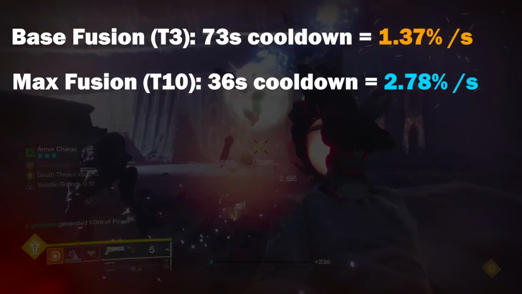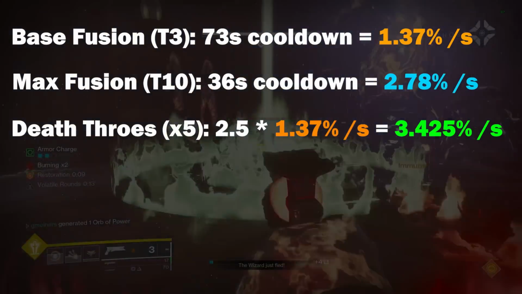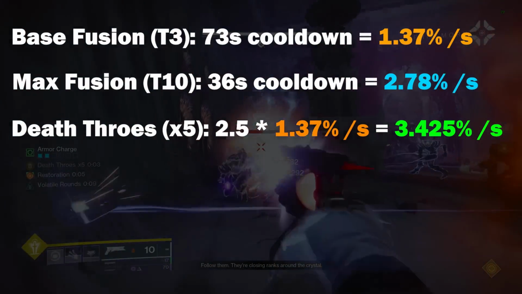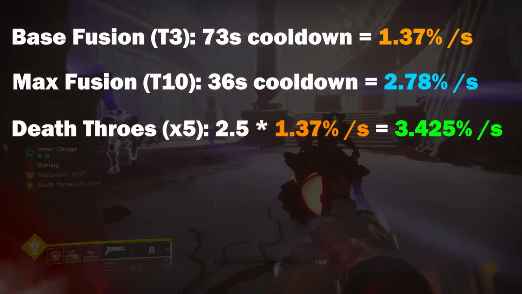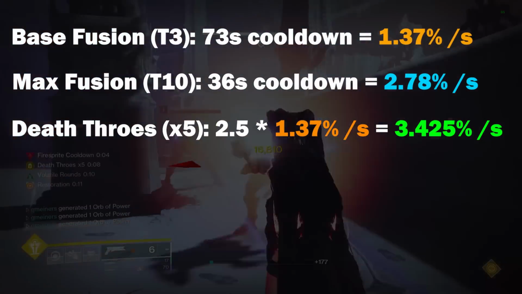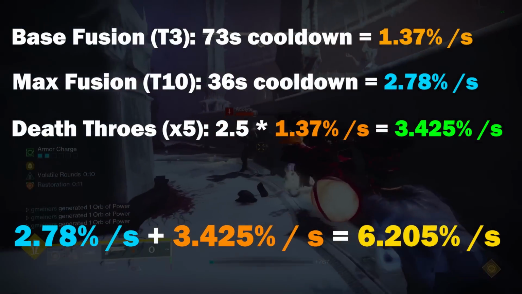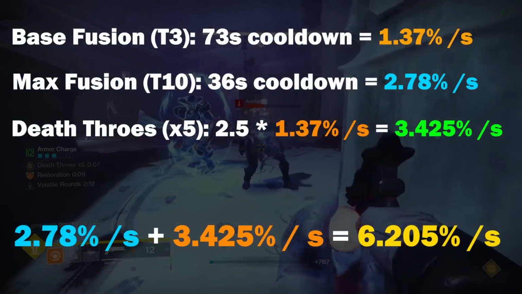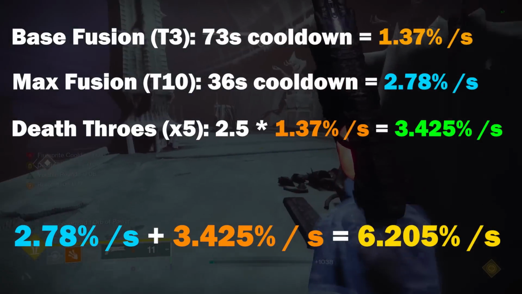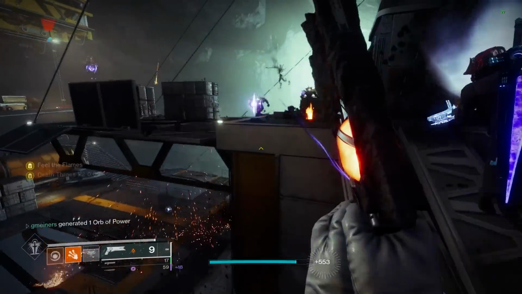If you stack Verity's on top of that, at ×5 Death Throes, since this uses the base or tier 3 cooldown rate, we're just taking 1.37%, multiplying it by 2.5 for that 250% bonus, and then adding it directly on top of the tier 10 cooldown we already have, meaning we get up to 6.2% grenade energy each second, which is a lot. But keep in mind, that's just Death Throes, which is the worst of the 2 buffs we're